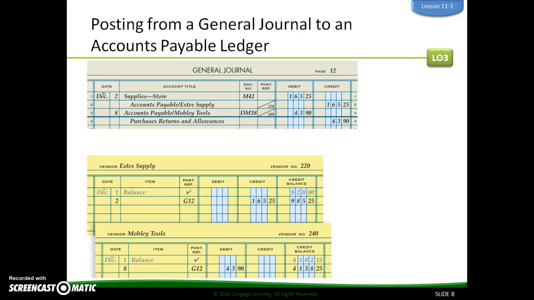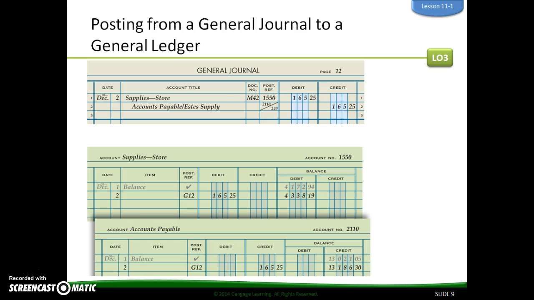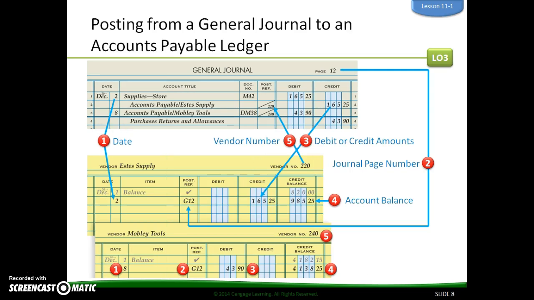from the general journal to the accounts payable ledger, now we're going to go ahead and say the supply from Etsy Supply, we're just transferring that credit information, $165.25, and it increases the amount of money that we owe Etsy Supply. And if we are looking at then Mobley Tools, we would be doing the same thing in Mobley Tools. So Mobley Tools, we have an additional debit of $43.90, and that increases the